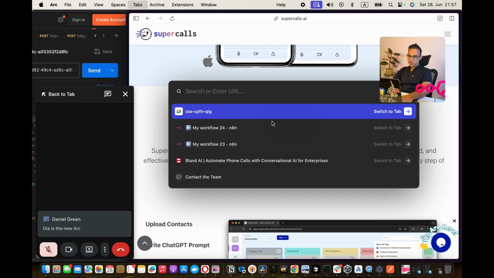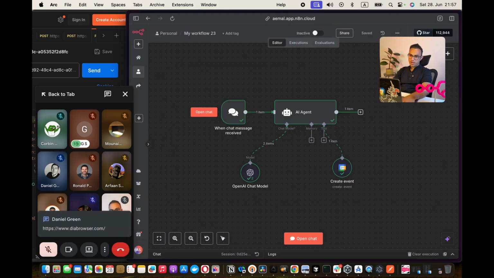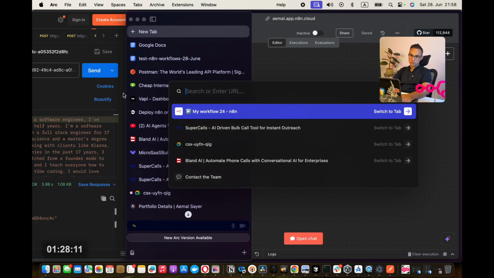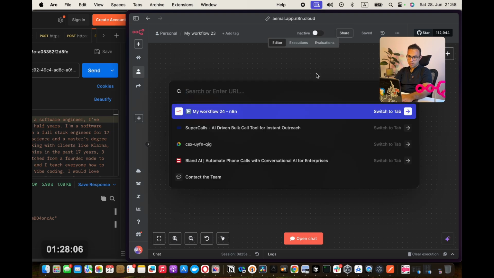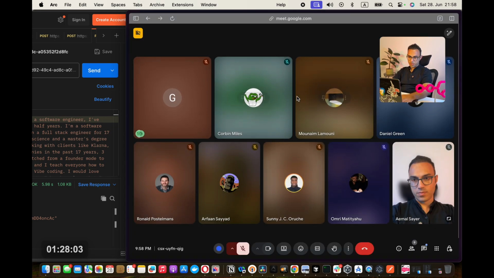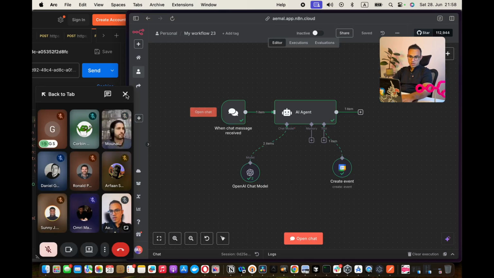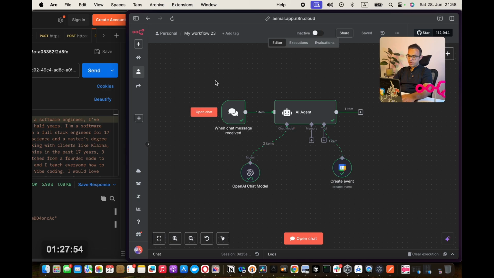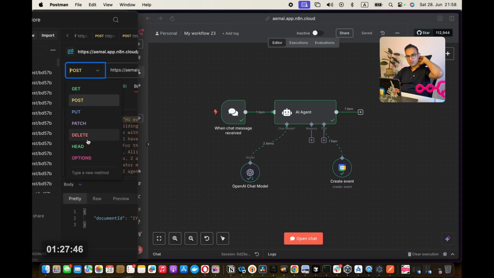For online folks, I would like to repeat the question because they don't hear this. The voice of the Riverside cannot portray it. I will repeat the question that we just got asked by Corbin Miles. So the question is if we can use patch for this particular workflow. A patch is this thing here. So it's a type of an API request.